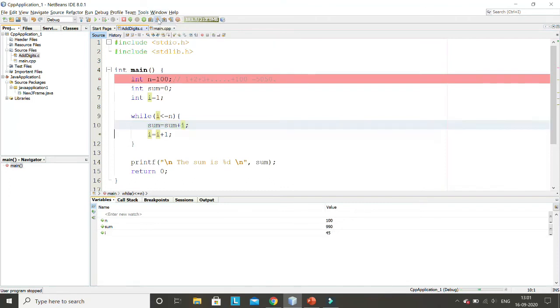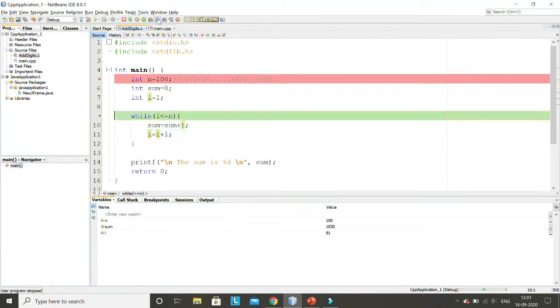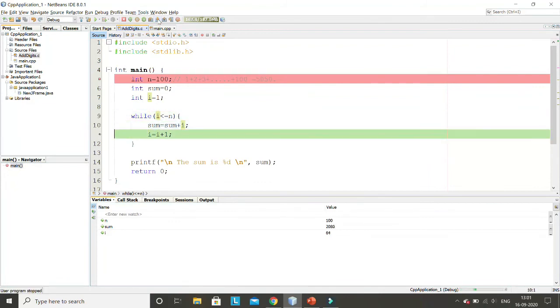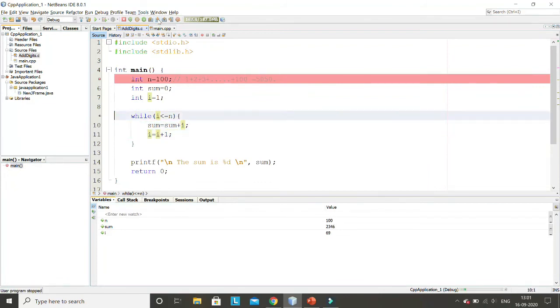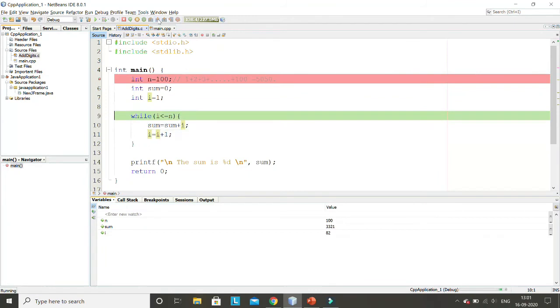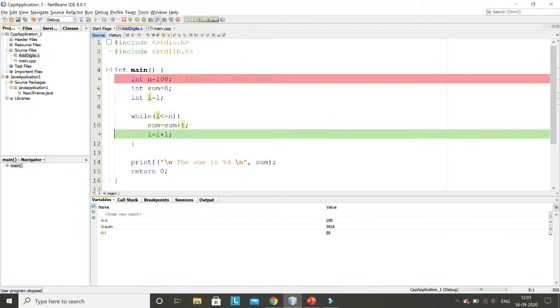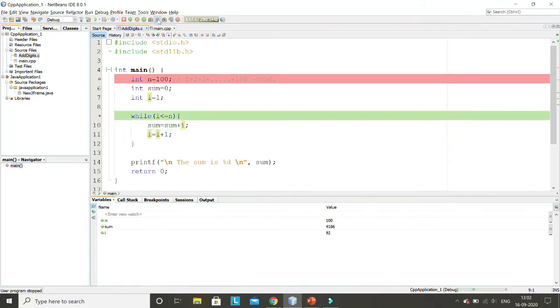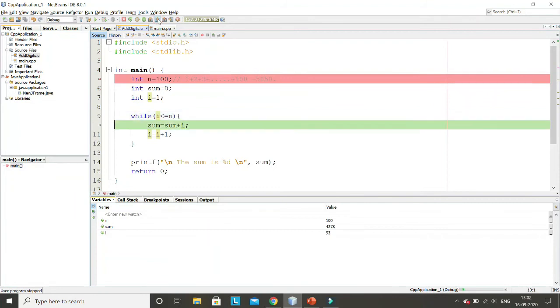So now I'm continuing it up to 100, and you can check here the same line is executing again and again in the program. Inside the while loop there are two lines, so these two lines are executing again and again. Why? Because the condition given in the while loop is always true till now. From the beginning I is still less than or equal to n, so it is still executing without any problem. But you can check the values of I. Now it has already reached 86, 88, 89, 90, 91, 92, 93, 94.